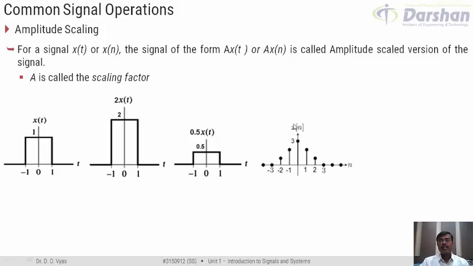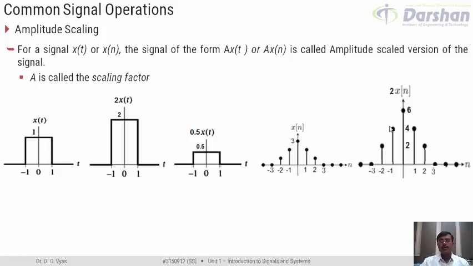It means that I use a scaling factor of 2 with this. So what should happen is that the magnitude of the signal should get multiplied with 2. It means that the 0 multiplied by 2 would remain 0, this 1 multiplied by 2 would become 2, 2 multiplied by 2 would become 4, 3 multiplied by 2 would become 6, and so on. So the resultant signal would appear something like this. At n equal to minus 2, initially the value was 1, now the value becomes equal to 2.